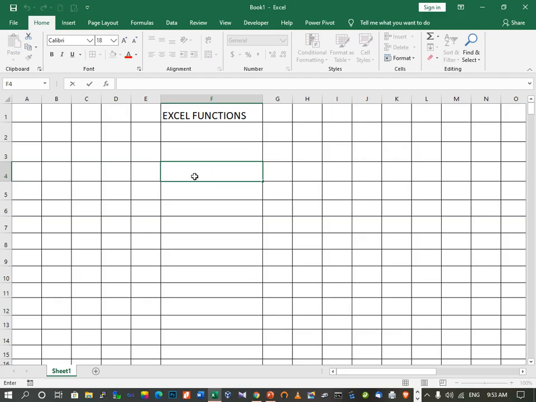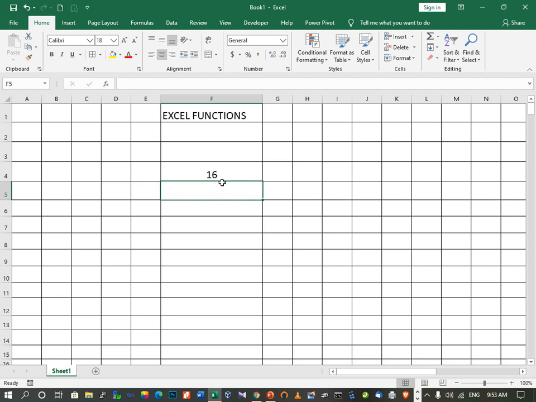So here I'm going to use equal to power 4 comma 2. So this will return 4 to the power of 2. So this is going to return 16. So this is the number and this is the power. When you press enter, you will see this is 16.